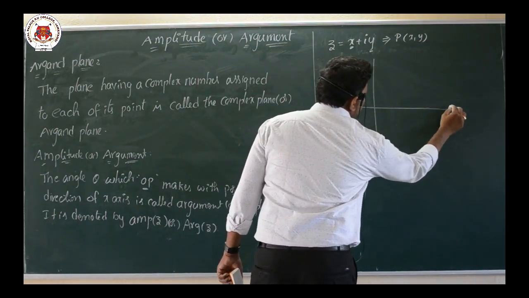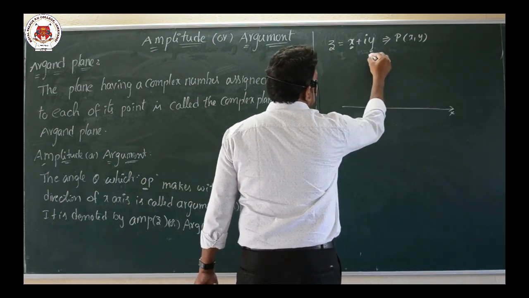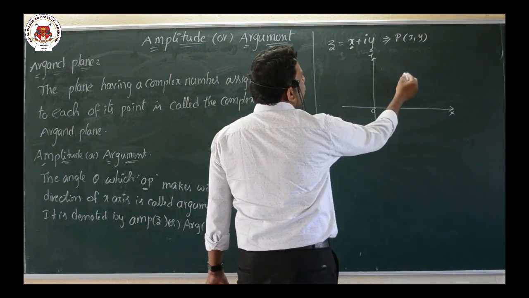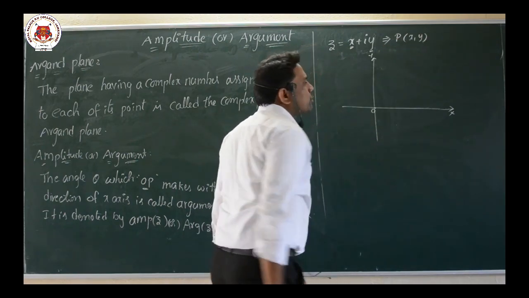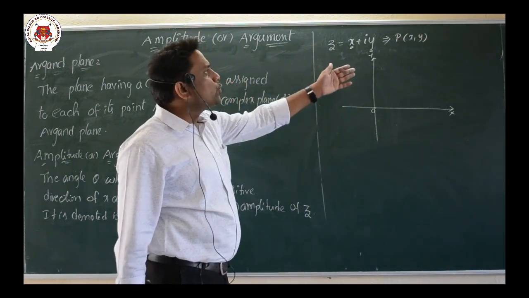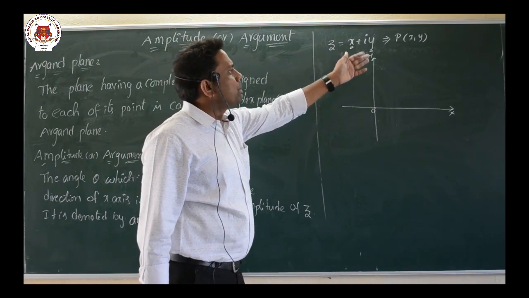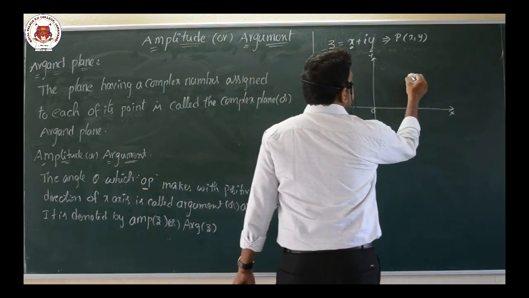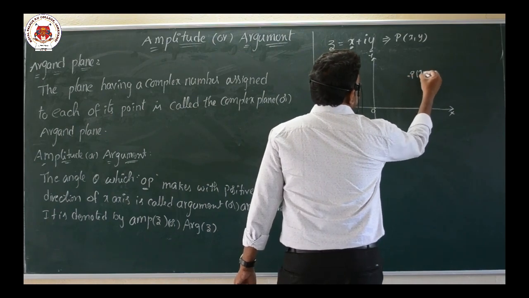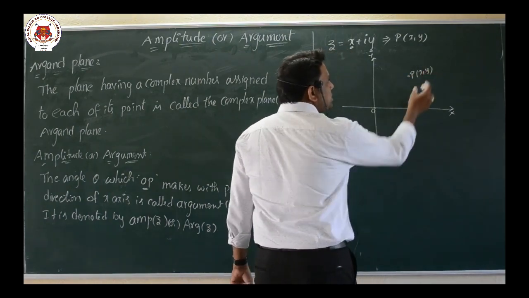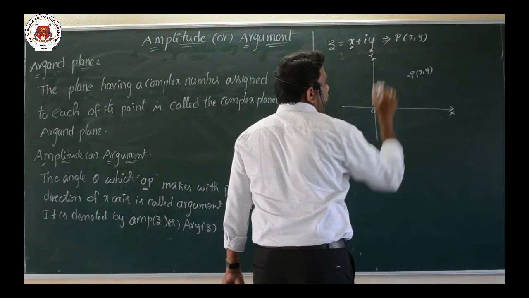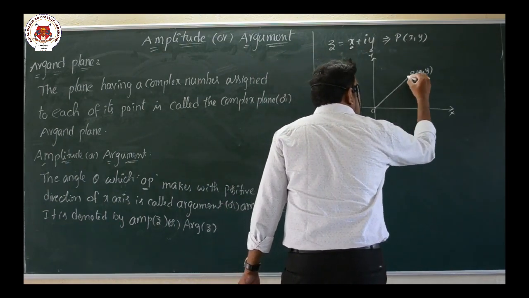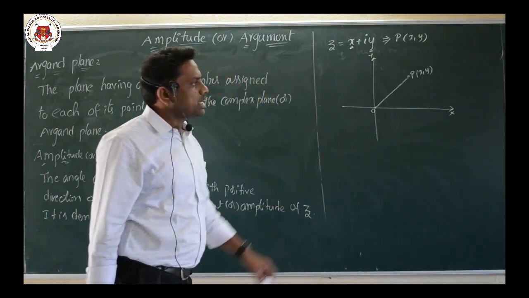Okay. Now consider a plane. This is the plane which has the x-axis and y-axis. This one is the origin O. So this is the point. Assume that here x is positive and y is positive. If x is positive and y is positive, both positive means compulsorily it is in the first quadrant only. In this first quadrant, assume that the point is there. What is that point? (x, y). This is nothing but this complex number's representation. Now you join this origin and this point.